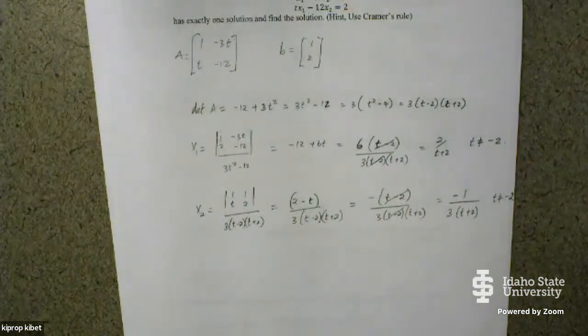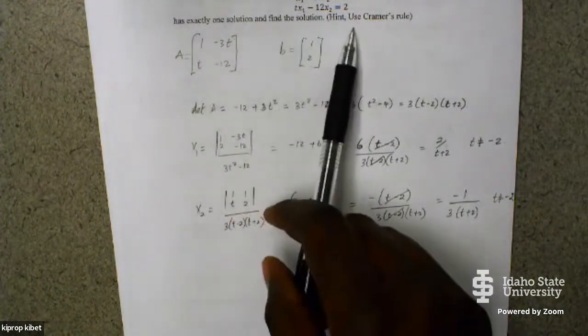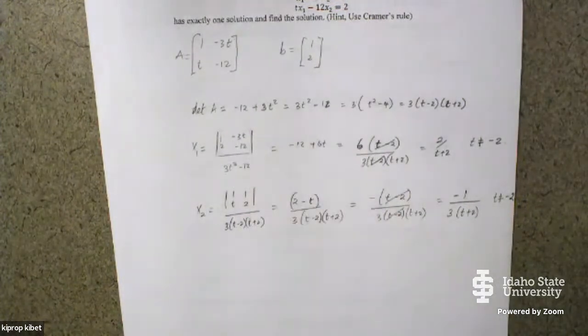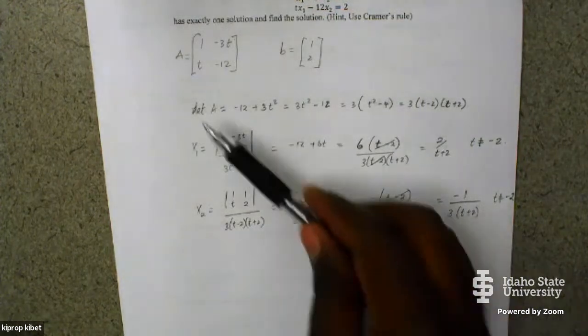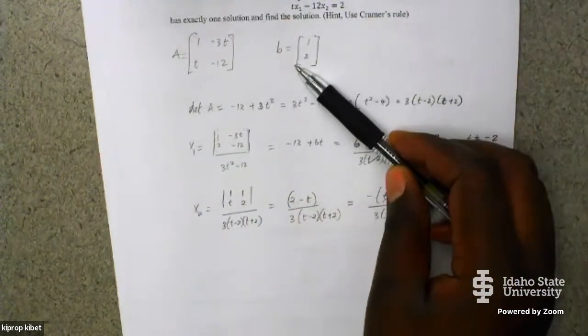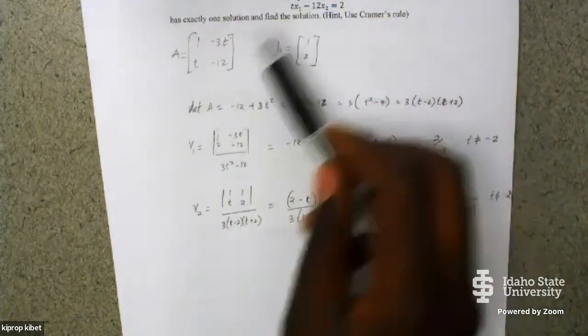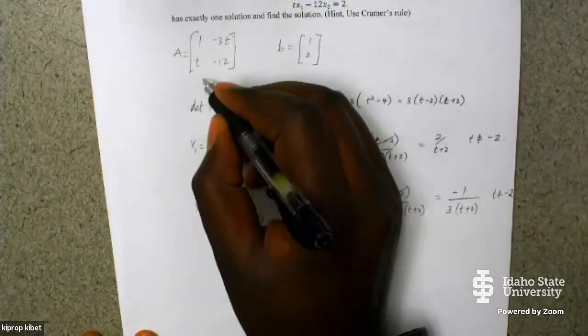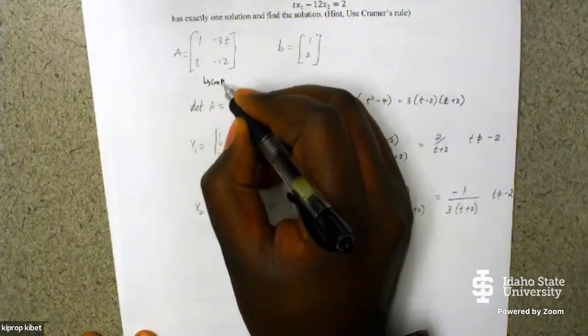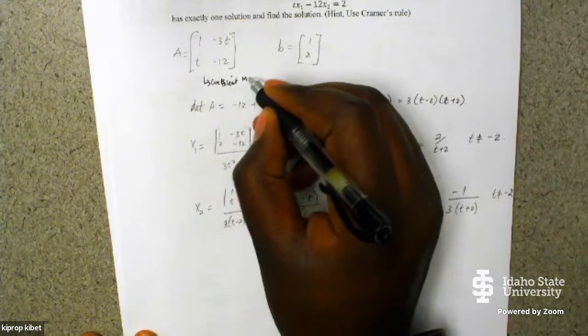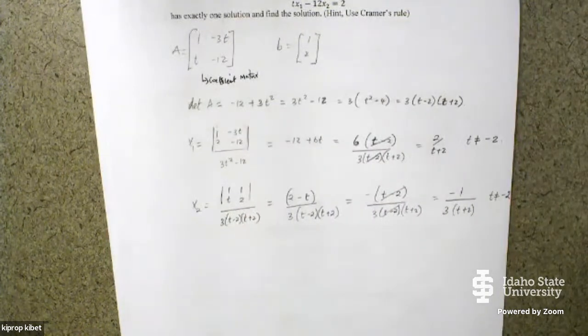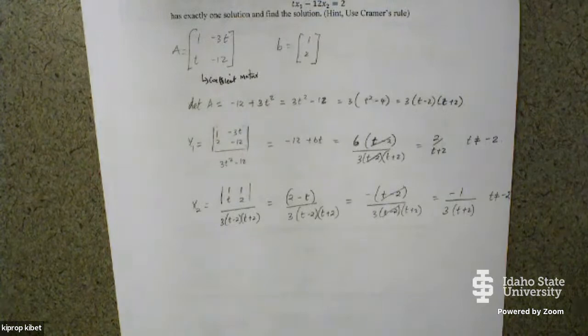Again, here, most of you did not get the point correctly. I gave you a hint here. So use Cramer's rule. So you get A and then you get B. A again is the coefficient matrix. So you get the coefficient matrix and then you get our B there. So the determinant of A here is